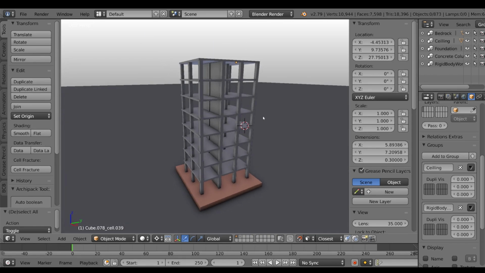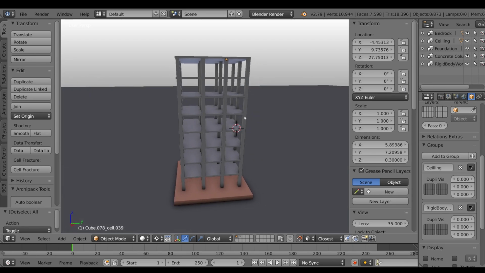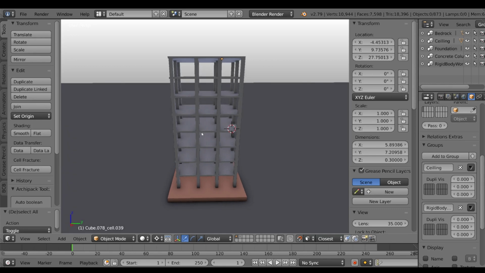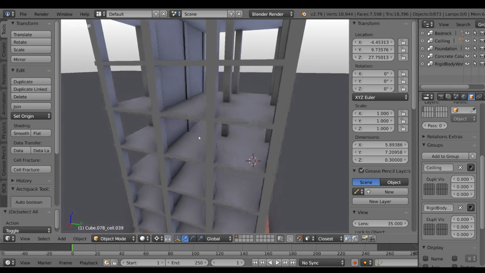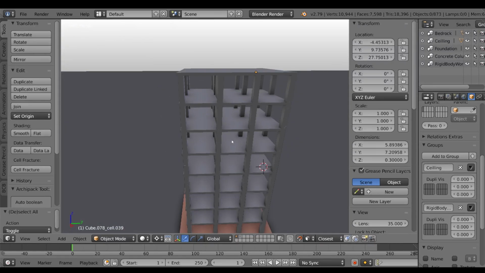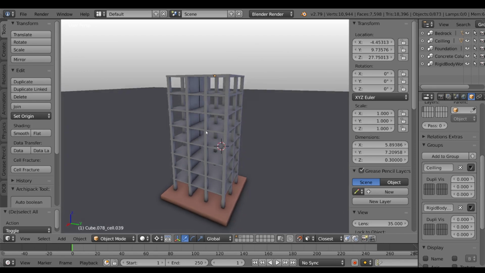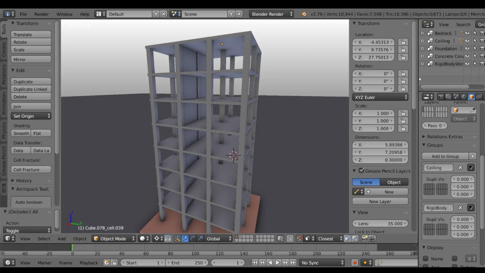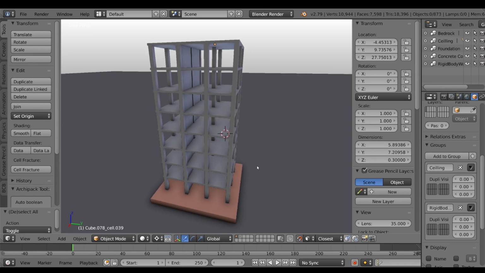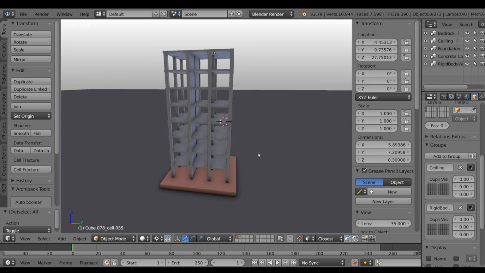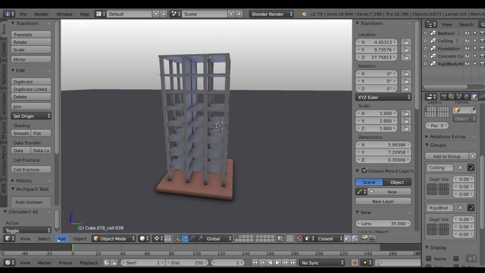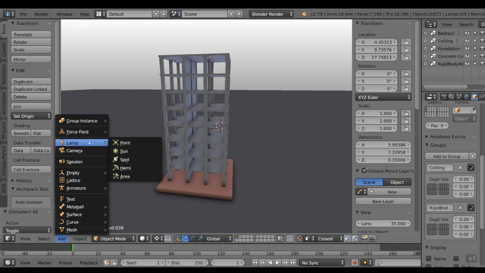But for that, we have to use the bullet constraints builder, which basically tells the program what kind of materials we're using and what kind of physics we should apply to these objects. So let's do something interesting first. I'm going to add a lamp. So add lamp and point,